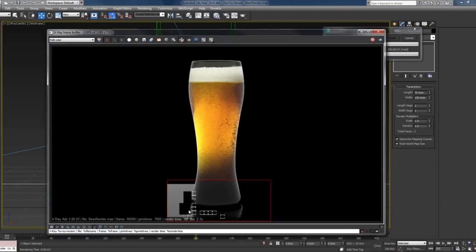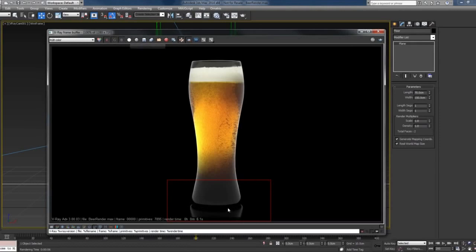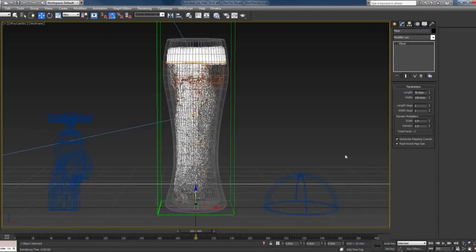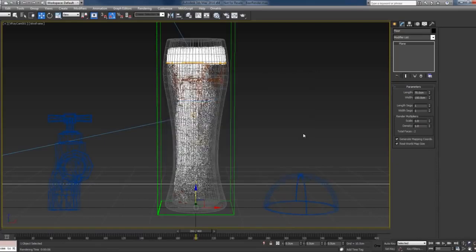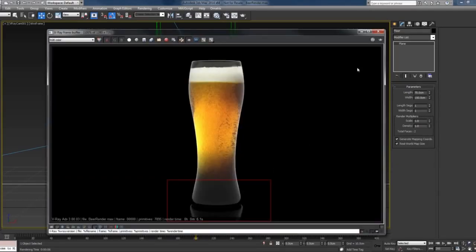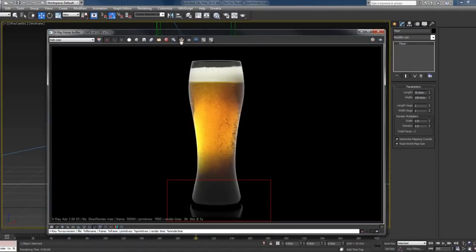Okay, let's check the alpha, and right now we don't have alpha, so I'll get back to the V-Ray properties and check the affect alpha checkbox and click close, open again and render. And let's see now. Okay, and now we have the alpha. So I'll turn off the region